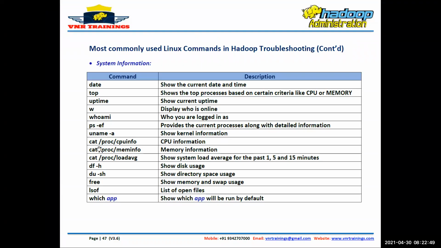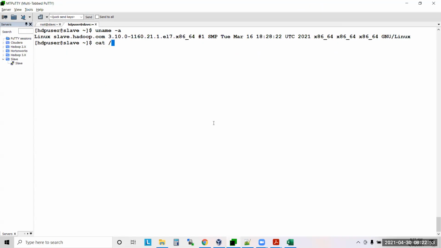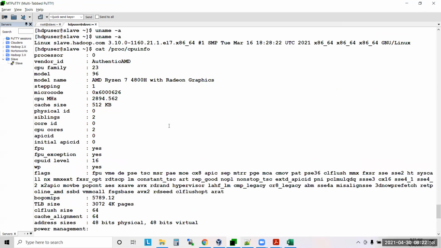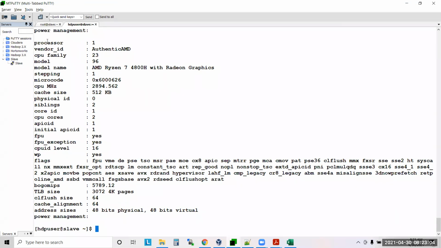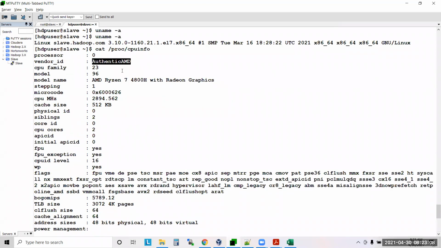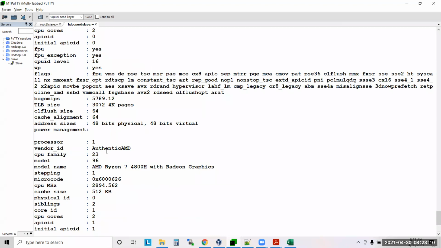Then cat /proc/cpuinfo. This will tell you about the CPU, how many processors we have given for this machine. Processor 0 and processor 1, total 2 processors. This is an AMD processor, and this is the speed.